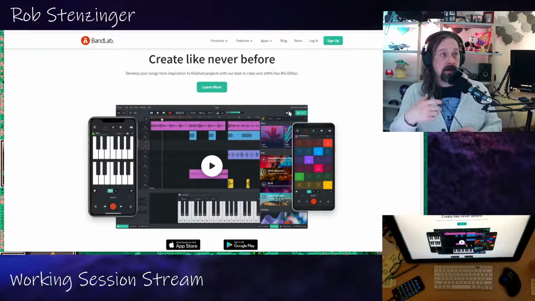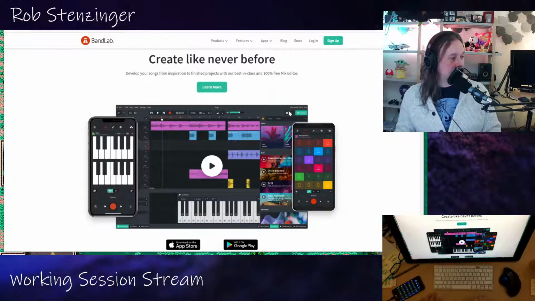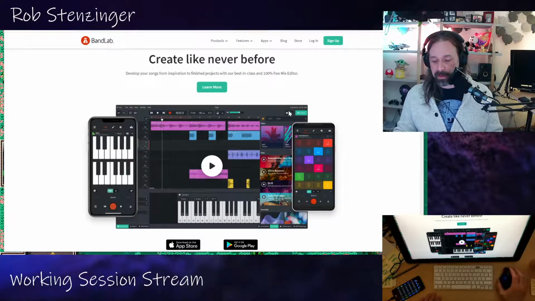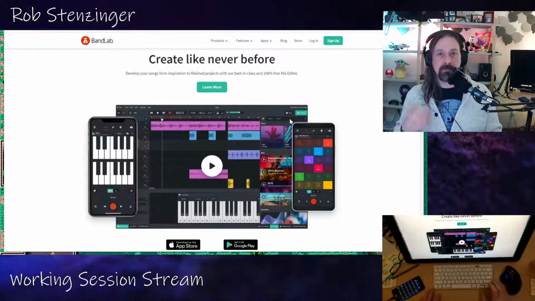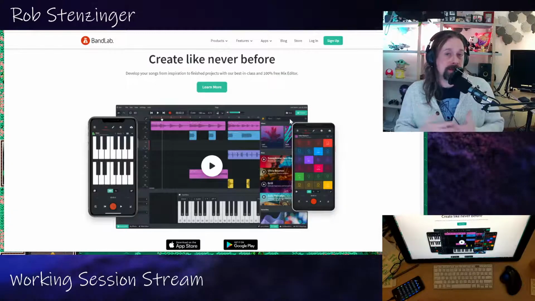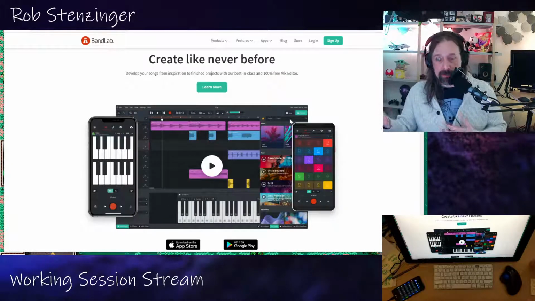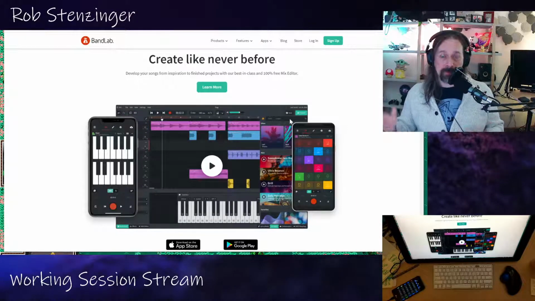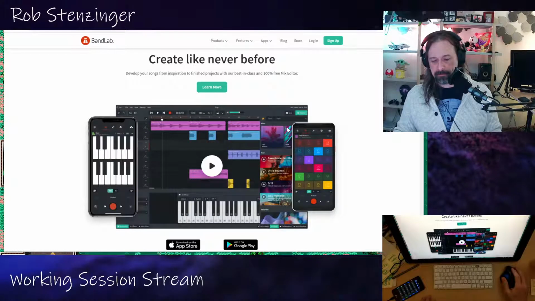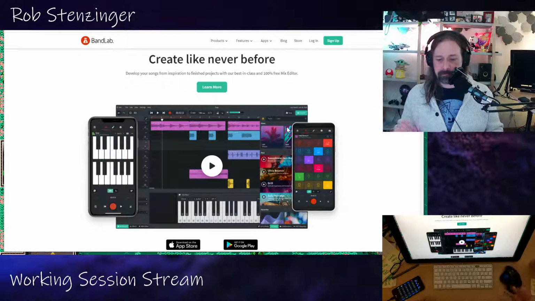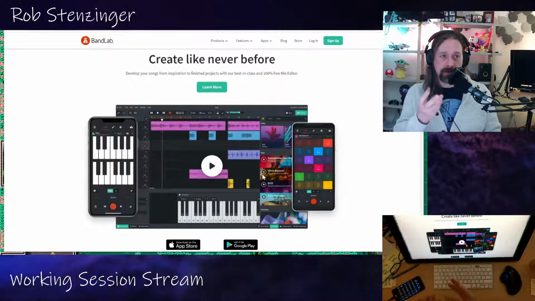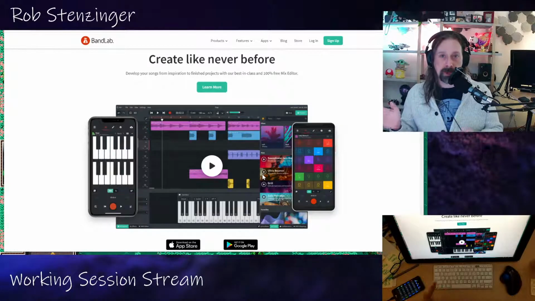stuff like the soundboard, being able to mix loops, the loop mixer, that's not in every version, right? It's not in the desktop version, it's not in the web version, but it is in the tablet for sure. Might be in the phone version, I'm not sure, but it's wild. And you can work on songs and ideas and play around with virtual instruments on all these different platforms, and then